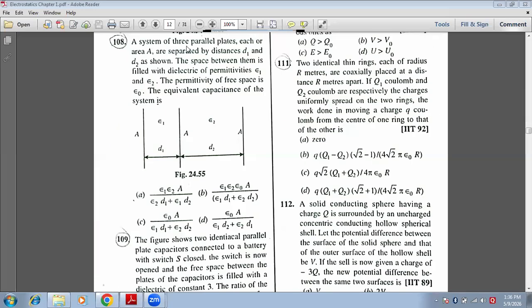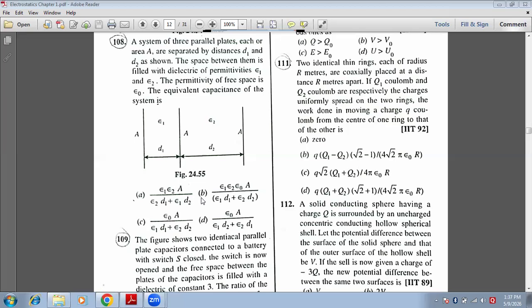A system of three parallel plates, each of area A, are separated by distances D1 and D2 as shown. The space between them is filled with dielectric of permittivities epsilon 1 and epsilon 2. The permittivity of free space is epsilon naught. The equivalent capacitance of the system is option A, epsilon 1 epsilon 2 A upon epsilon 2 D1 plus epsilon